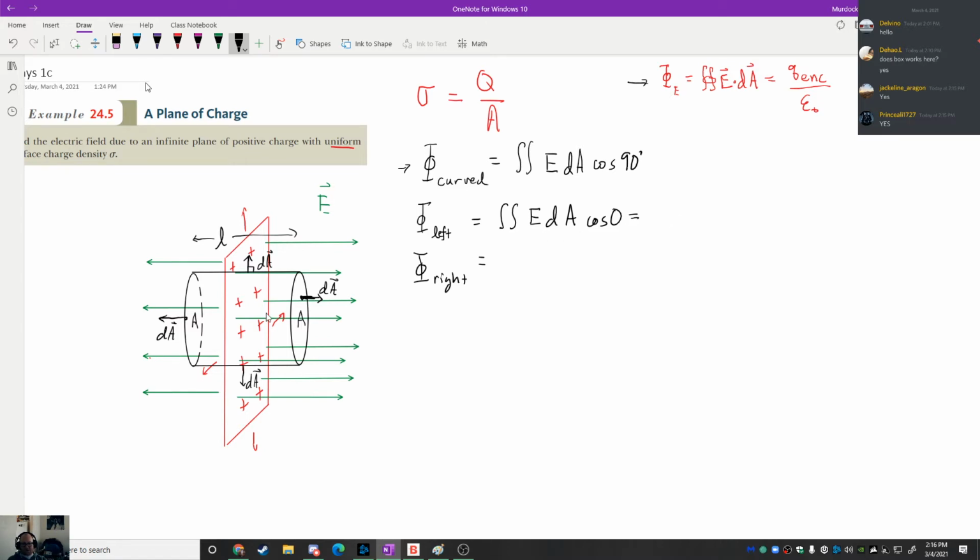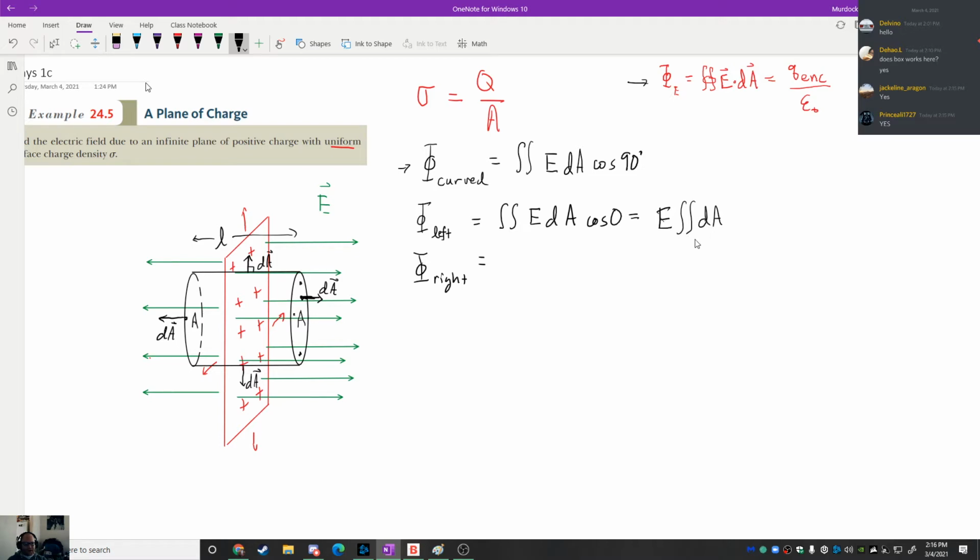So now here's the next part that we have to ask. What do we know about this electric field if we look at this end cap right here? We're at a fixed distance away from the surface. So it seems reasonable to say that there's not going to be any difference in the electric field up here versus the electric field down here versus over here, for example. If it truly is infinitely long, then all of those points should have the same electric field. And that means that we can pull the electric field out of the equation, and now we just need to integrate